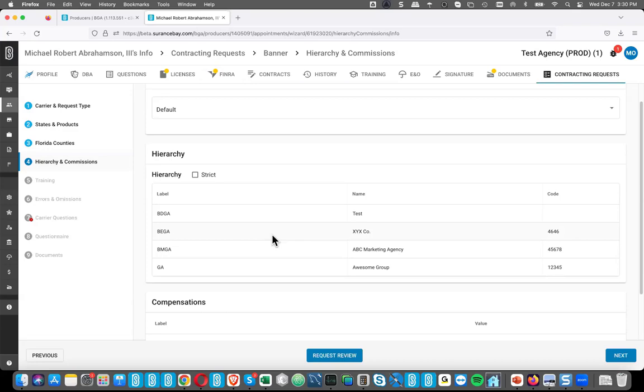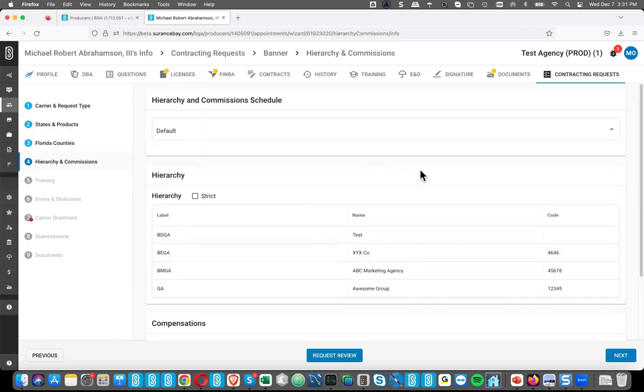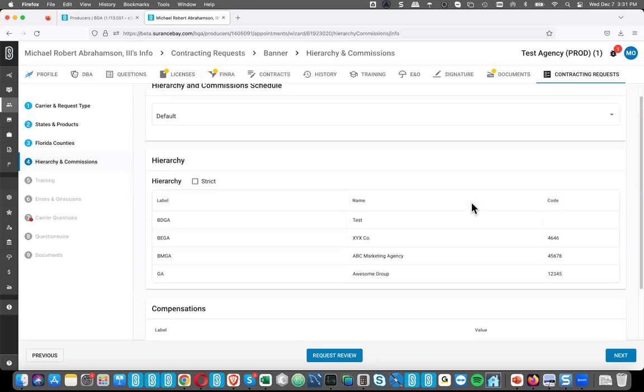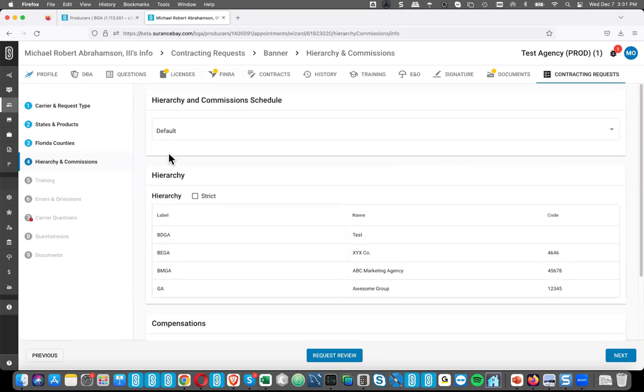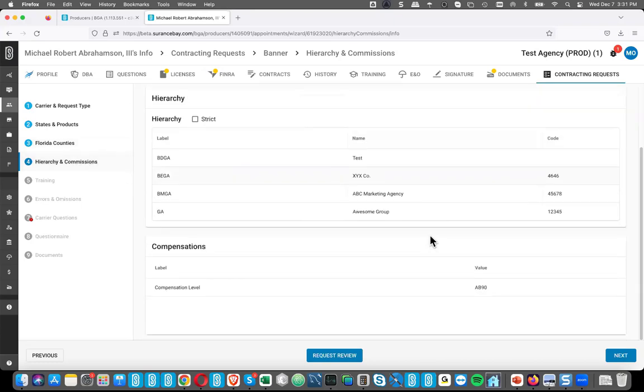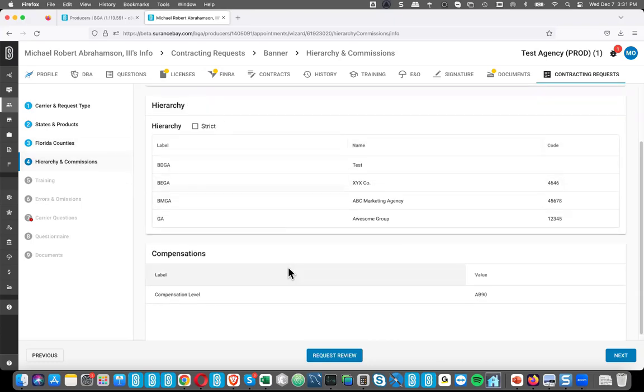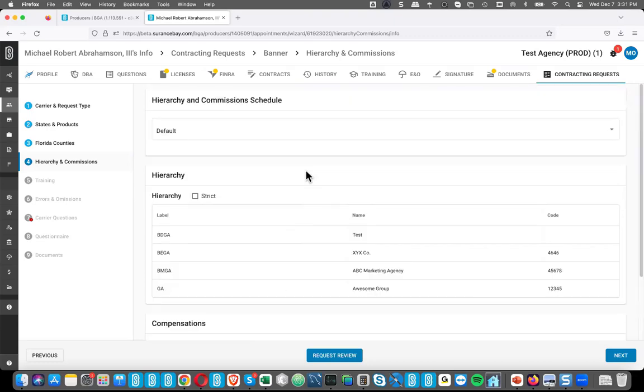But if you forgot to do that, you'd send the review request from before you even got to that step, and it wouldn't include all the questions. And then you'd add things later, and you'd have to send the review request back out to the producer because they didn't get to answer all the questions. So we moved this up to eliminate some of that back and forth and those missed questions. And the nice thing about putting it here is it allows us, when the carrier has those optional documents, to give you the ability to select them. Now, Banner's not one that has that. Banner's pretty straightforward here. But some carriers do have those optional forms, and you'll be able to see them and select them on this screen.